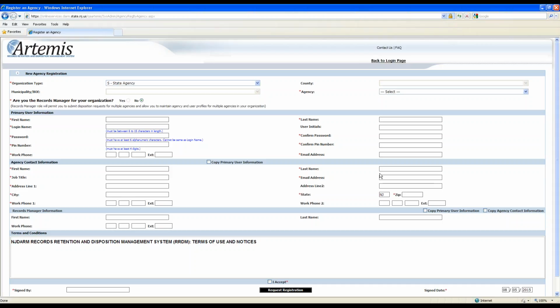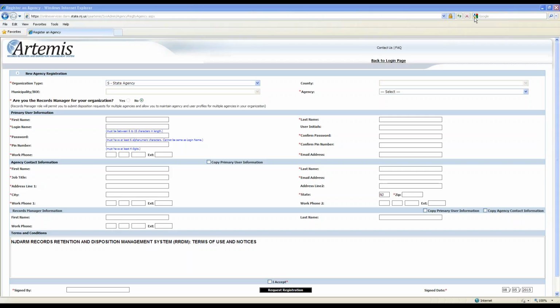Once we do have that list set up, if there are still any problems and you cannot register, in that case I would tell you to contact me directly based on the email address I give you at the end, because that could be more of a technical problem. The state would probably just say, well, I don't know, and send it over to us anyway. So if you can't register, or you don't find your organization in the list, just contact us directly, and we'll address it from there. And if we have to get back to the state, we'll get back to them and figure out what's going on, and why we didn't get your name from them.